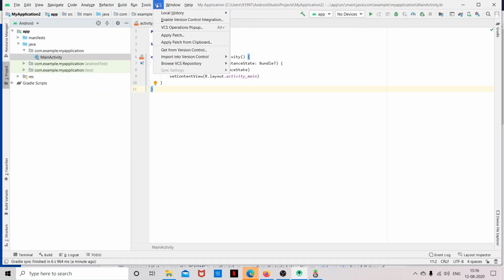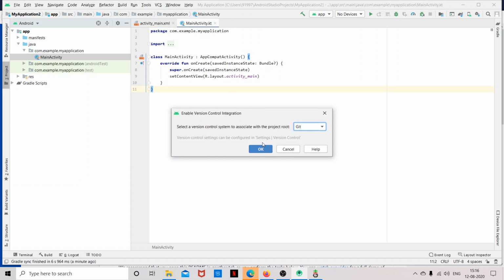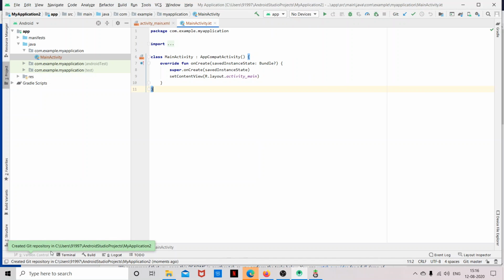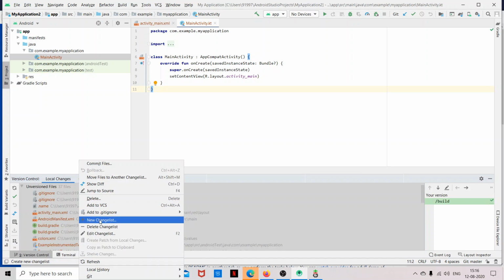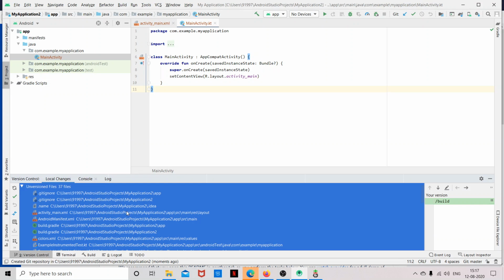First, I'm going to enable the version control integration. Then I'm going to add all my files for commit. Select all. Add to VCS.